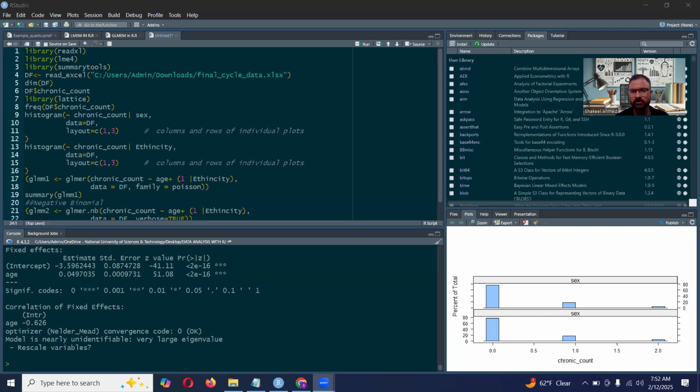But when we have count data, then we need to go for Poisson regression, and in case of over dispersion, we can use negative binomial distribution, and we can go for the zero inflated models as well. But I will limit this discussion to count models with Poisson and negative binomial